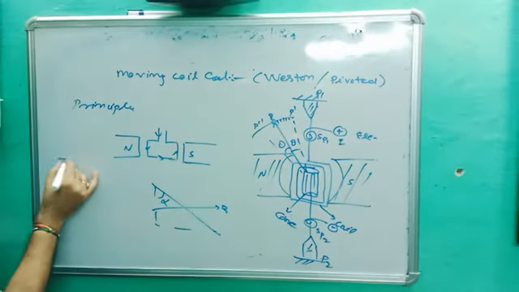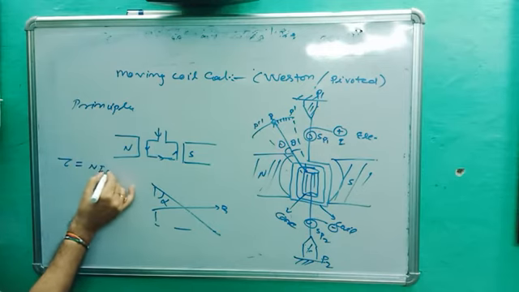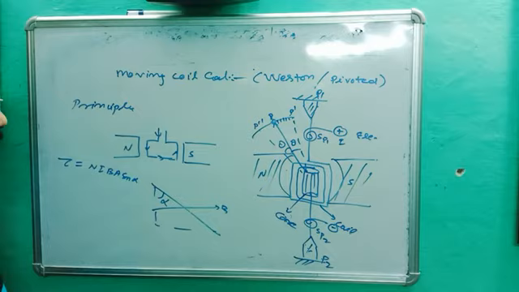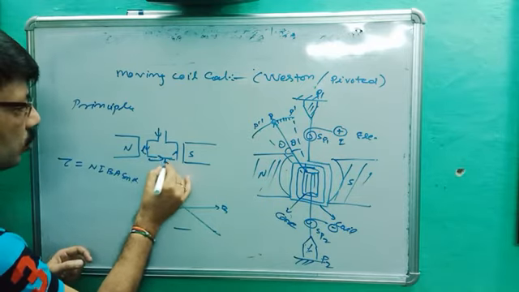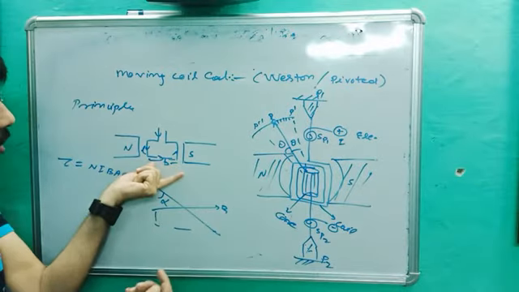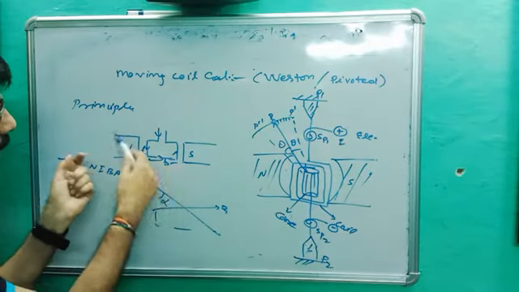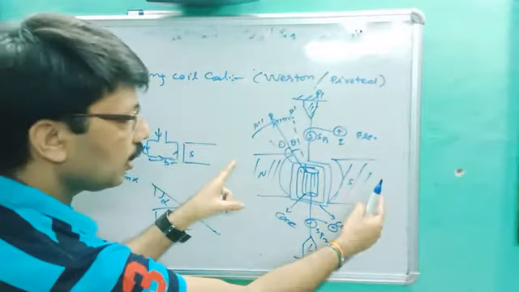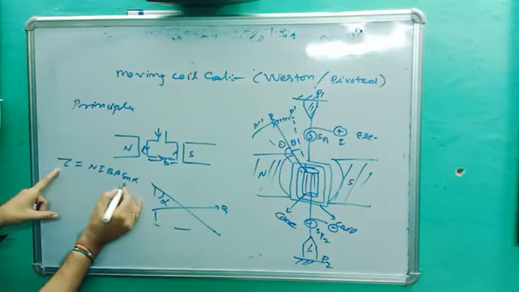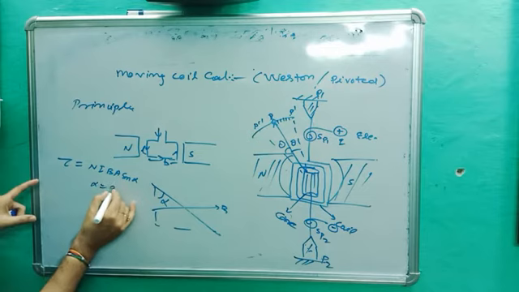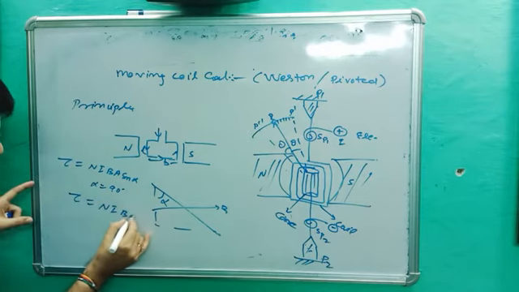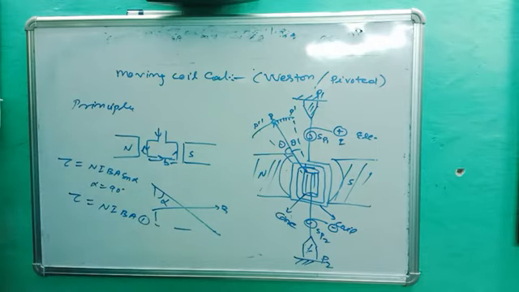So torque is equal to NIBA sine alpha. You better know. Length is L, width is B. When I draw current, it starts rotating. In the previous lecture, it provides the torque, and when it provides the torque, it starts rotating between the horseshoe magnet, and the torque provided is tau equal to NIBA sin alpha. If alpha is equal to 90 degrees, we get tau equal to NIBA. Equation number first. Are you getting it?